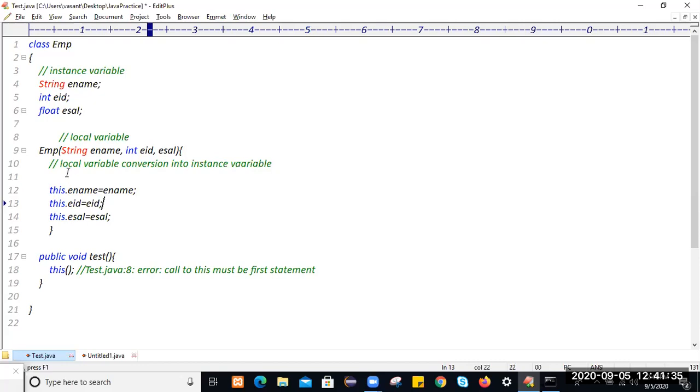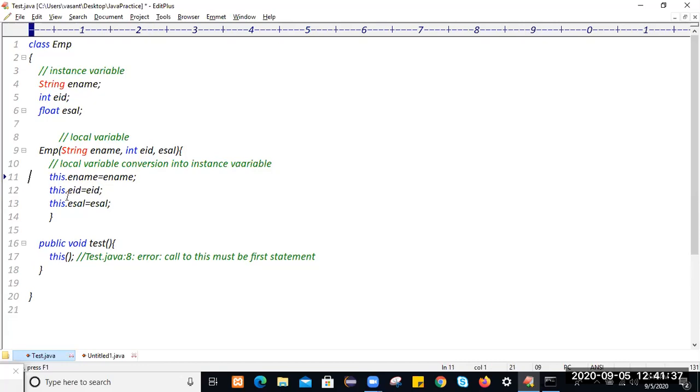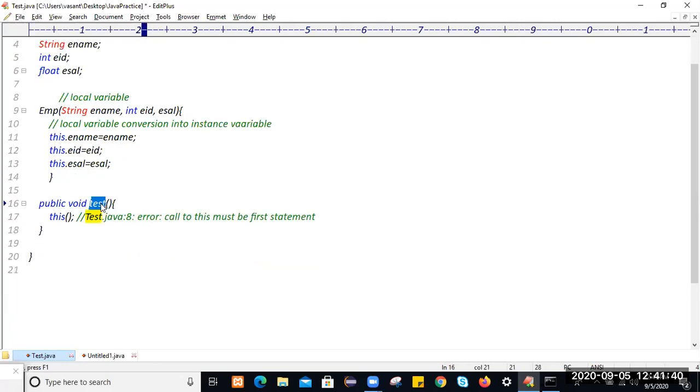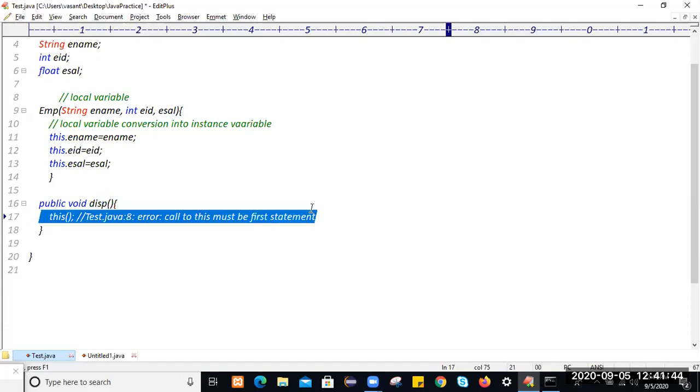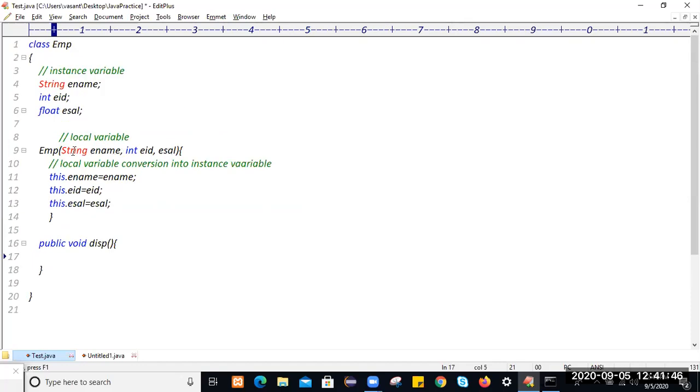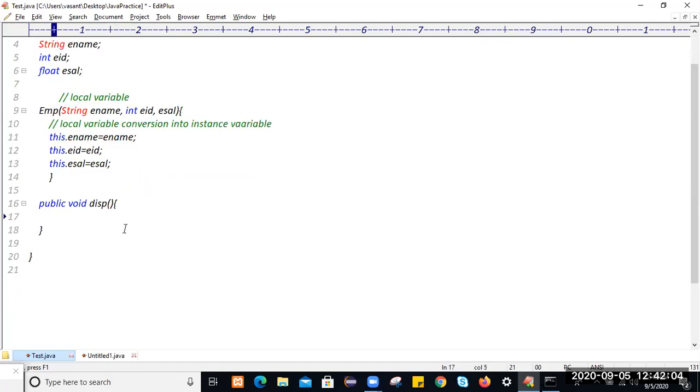So we are converting the local variables into instance ones. During object creation, when you call this constructor, it will get executed and convert the local variables into instance ones. If you don't use the this keyword, what will happen? The first preference goes to the local variables, they will not be converted into instance ones, and you will get default values. Okay, so let's see. I want to display those values.